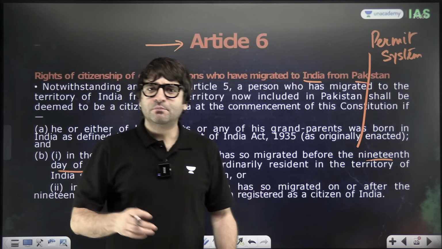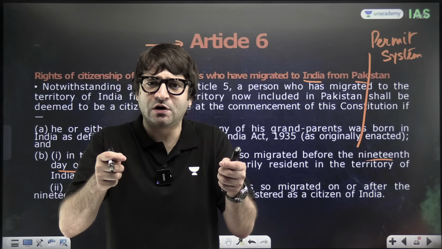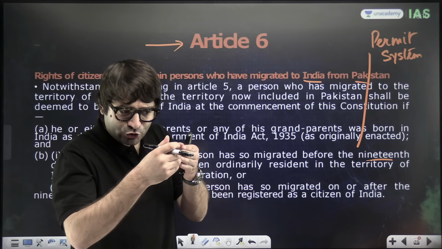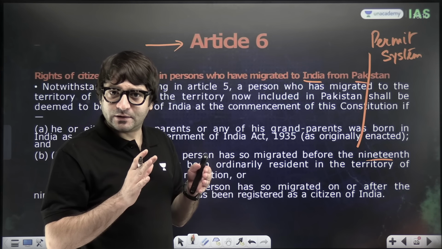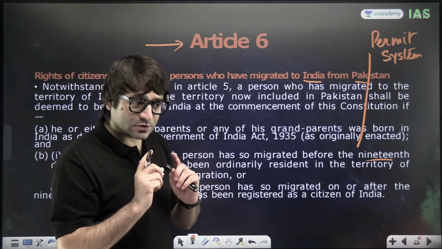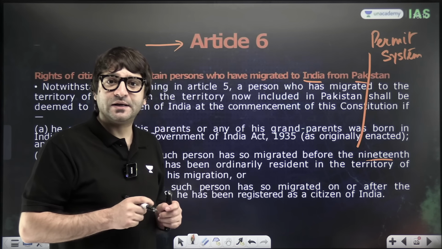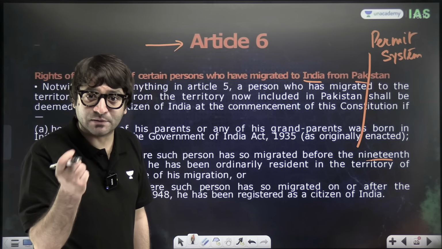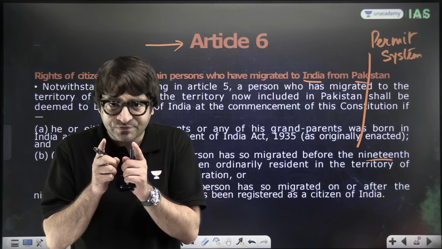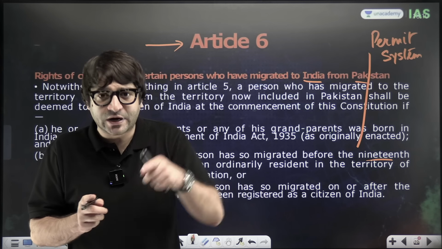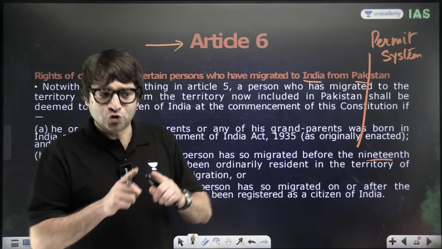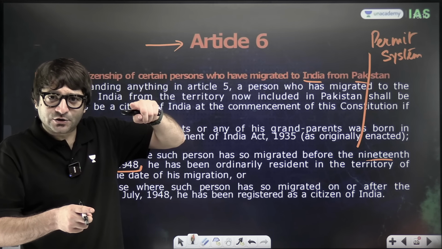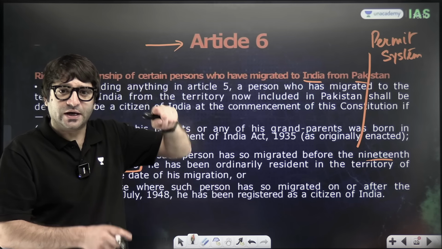Permit system in the sense, before this date, there was a free movement of people from India to Pakistan, from Pakistan to India. Now we need to check, who are these people coming to India? Who are these individuals on whom we should confer citizenship? A cut-off date was provided, and that cut-off date is 19th of July 1948, because this is when the permit system was introduced. Only if you have the permission issued by the government of India, you can enter India, otherwise you cannot. So what about those who are in Pakistan, but now they migrate to India? If you migrate to India till 19th of July 1948, you are the citizens of India.